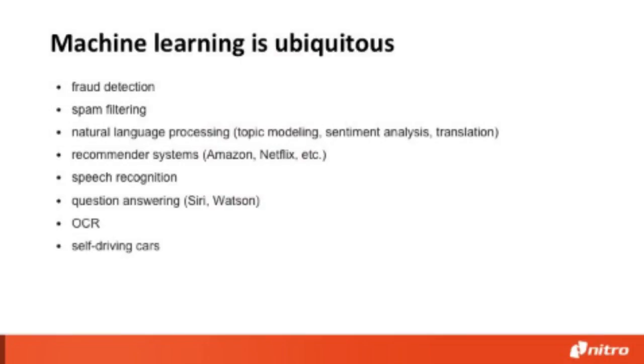So first of all, obviously, machine learning is ubiquitous. It's everywhere from fraud detection and spam filtering to speech recognition, OCR, and even self-driving cars. But in order to support so many algorithms, you actually have to have tons of models. And these are just a few regression models. There are probably at least an order of magnitude more algorithms for regression itself. A bunch of classification algorithms. Again, the list is way, way longer than this.